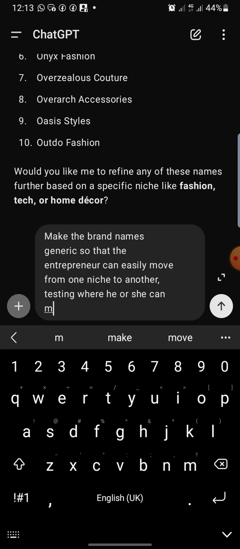That is where you can balance well over the months, over the years, when you have found your unique place. Maybe you now want to focus on fashion related things, whatever, where he or she can major on without being limited